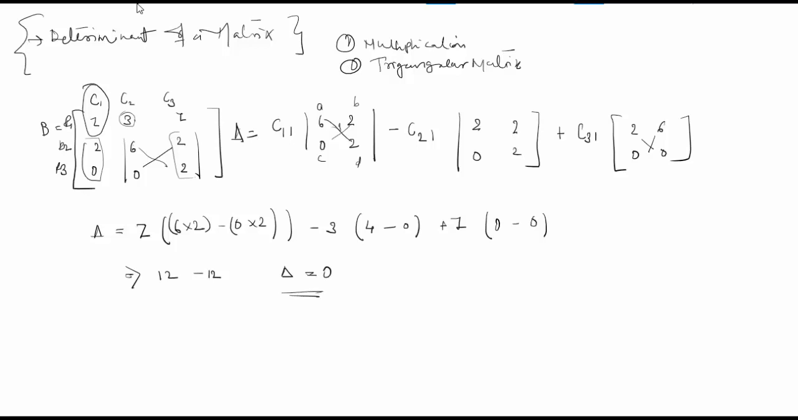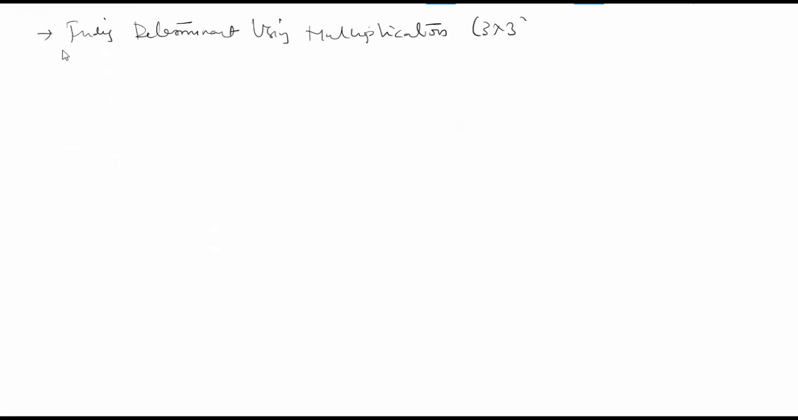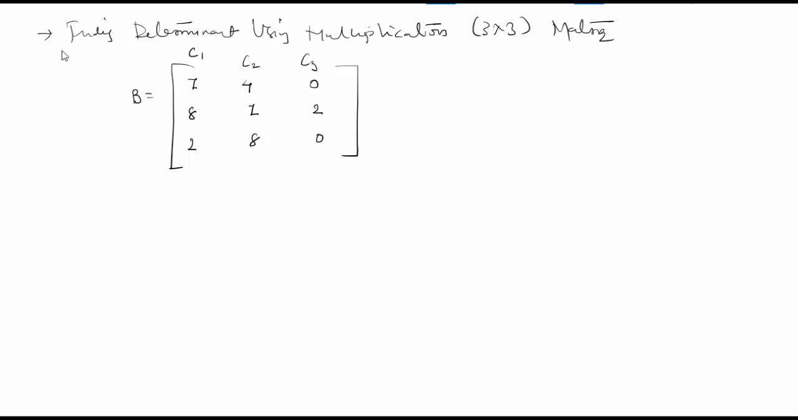So suppose I am taking a matrix with a 1 here. Then it will be a 3 cross 3 matrix. So if my matrix is given by 1 8 2 and 4 1 8 and 0 2 0, then the determinant can be simply found in such a way that if this is my C1, C2 and C3, and this is my row 1, row 2 and row 3,